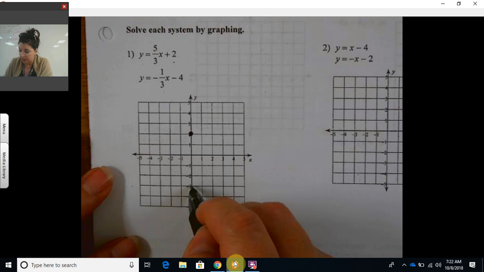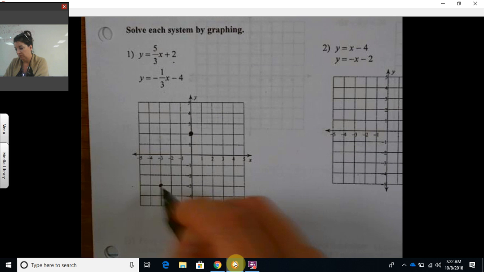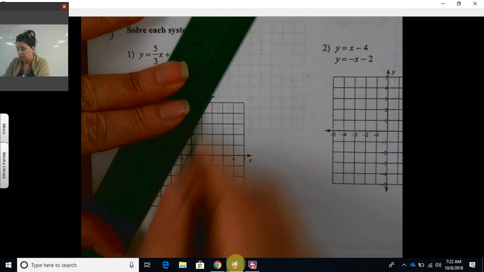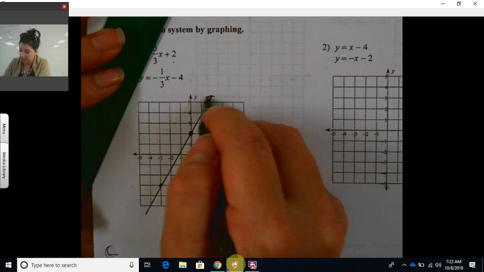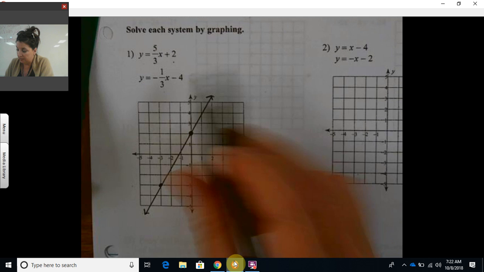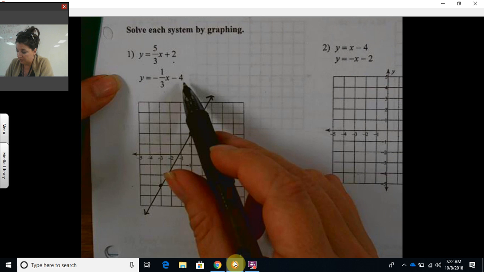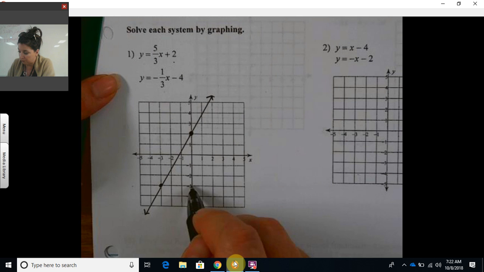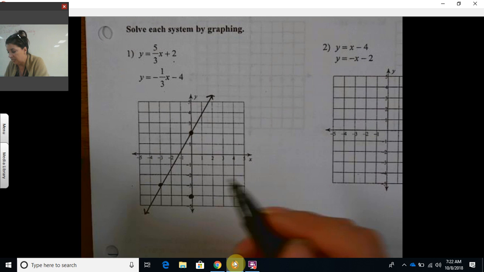But to be positive, would I go left 3 or right 3? Left. So on the test, probably having a ruler would be helpful. All right, and then the other equation, the y-intercept's at -4, and the slope is -1/3. So if I go up 1, do I go left 3 or right 3 to be negative? Left. And right there we can see